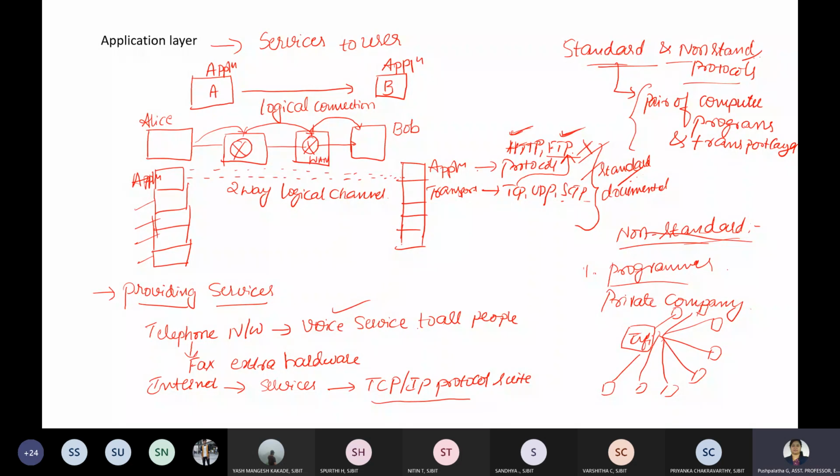So here, as I was telling, private companies may create a new customized application for their purpose. Such cases you can consider non-standard protocols. Sometimes even the protocols that a company has designed have become worldwide applications, and people started using them. Now, when we talk about the application layer, we have the application layer paradigm to be discussed here.